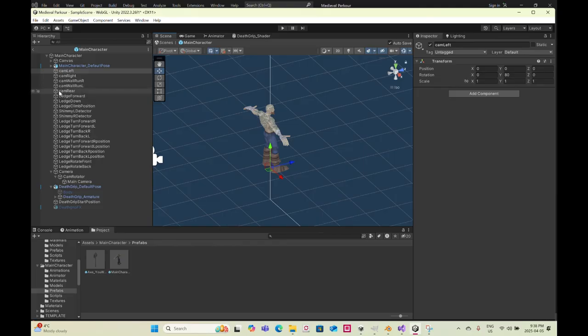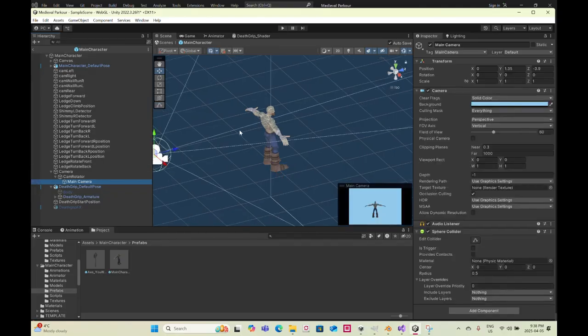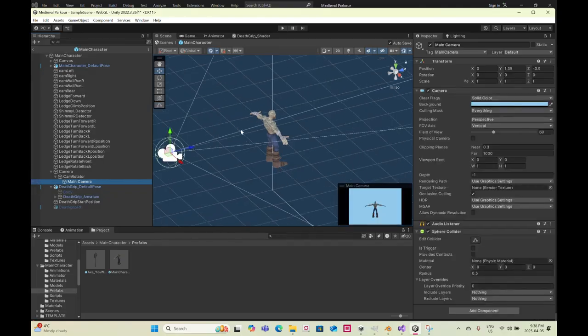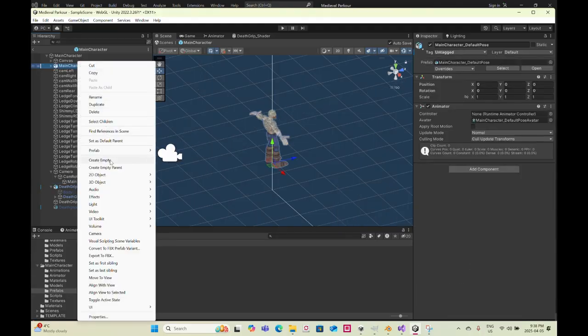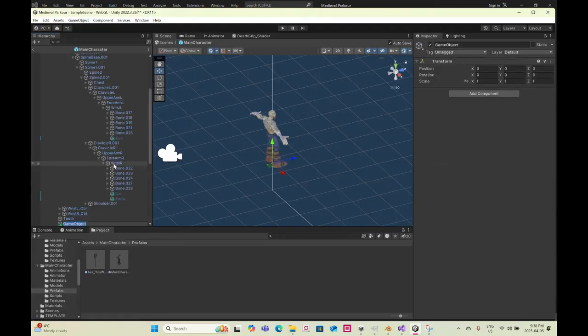So the camera this way back here. So I'll call this aim bow cam go to location,